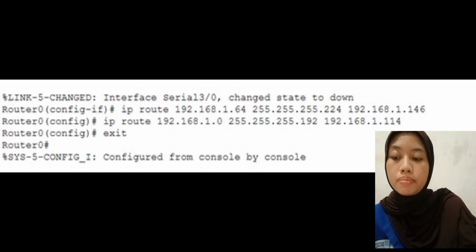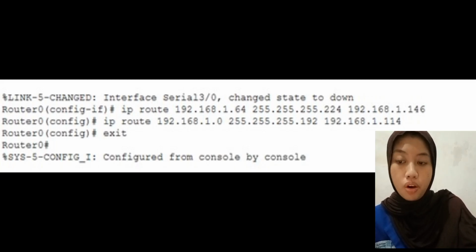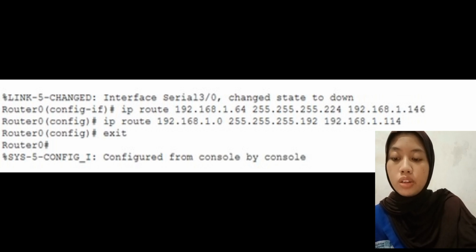First is a system message, serial 3/0 down, which indicates that the serial 3/0 interface is down or not fully connected when the configuration is performed. The first IP route line is the command to register a route to subnet B via the router 1 path like this.